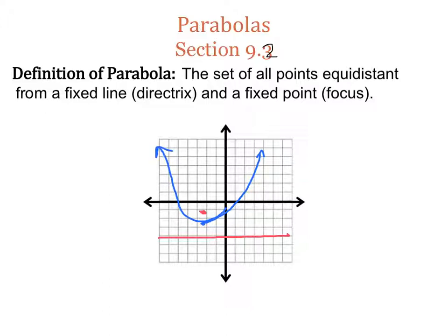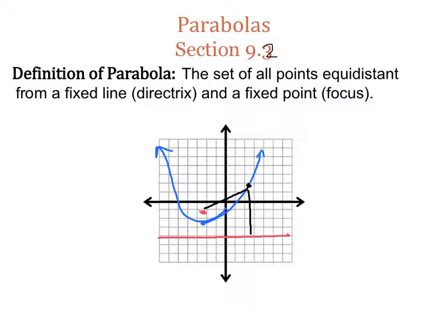By definition, what this says is if I pick any point on the parabola, and I use the distance formula to measure the distance between that point and the focus, and that point and the directrix, then the distances are the same. That defines a parabola. So what we're going to do is refresh graphing, but we're also going to learn how to find that focus and find the directrix,